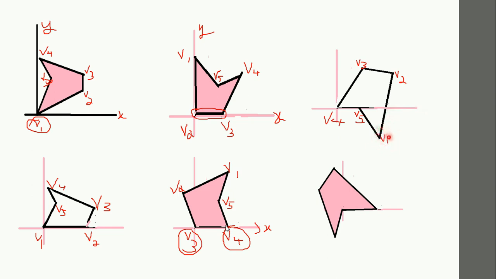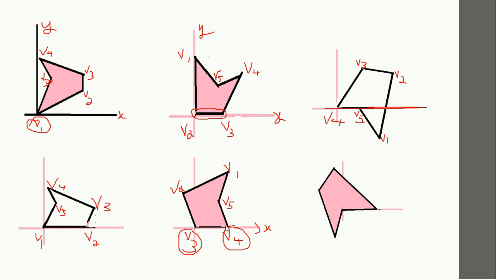Now you have to start splitting the polygon. Why? Because the other two vertices are above the x-axis, and only v1 is lying below the x-axis. That's why I start splitting the polygon now. If I start splitting, you get one triangle here and the other polygon. This can be drawn separately using the geometry primitives, or you can say using OpenGL. That will be easily drawn.